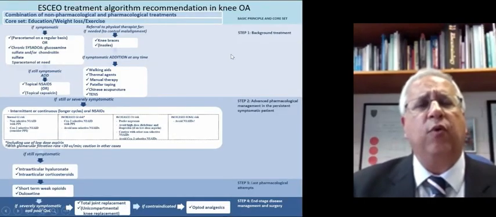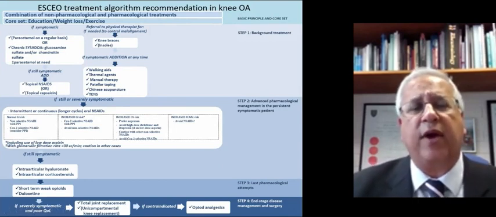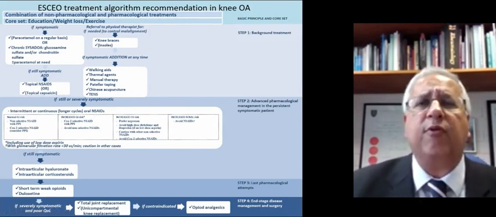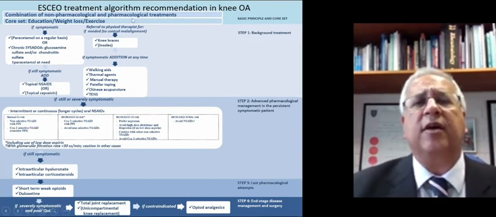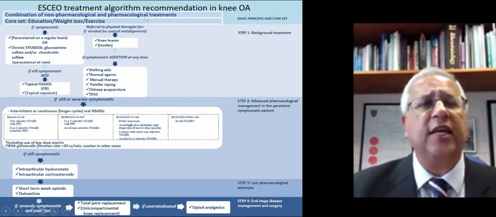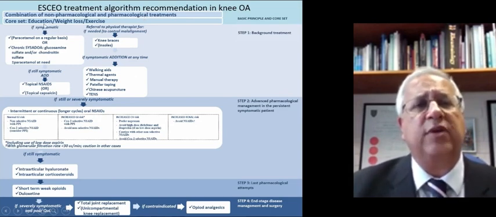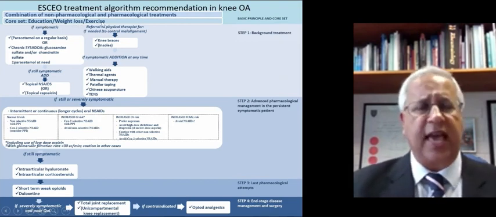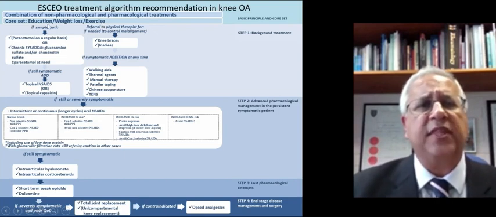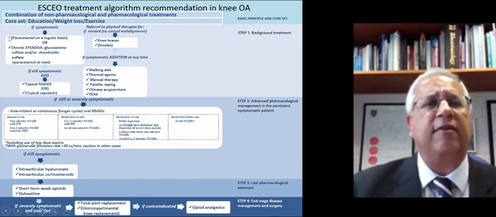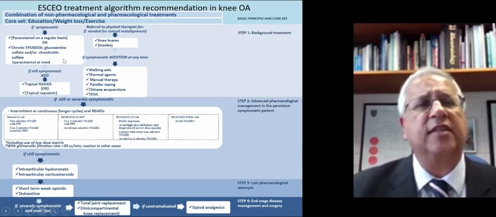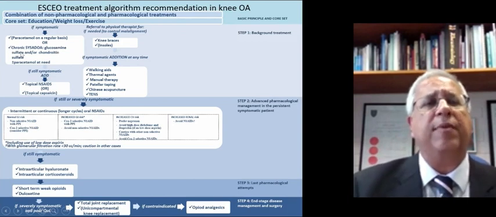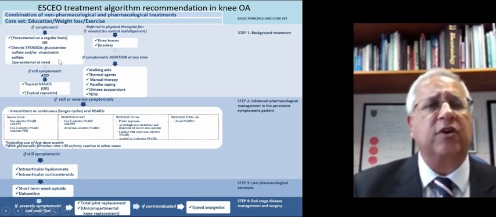But at ESCAO, we wanted to focus on a care pathway for OA that could be used by primary care and secondary care practitioners. So we have the non-pharmacological and pharmacological treatments initially, with the core set being education and joint care advice, weight reduction, and exercise regimens. We then move, if symptomatic, to paracetamol or chronic slow-acting symptomatic drugs, principally the combination of glucosamine sulfate with chondroitin